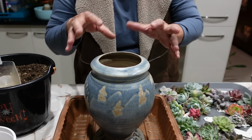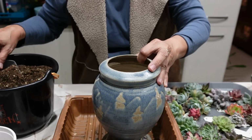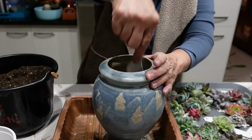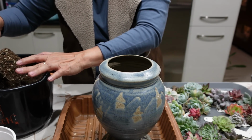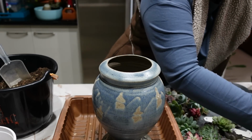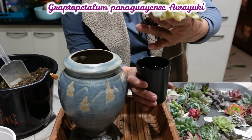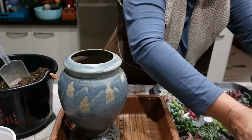So now I've got, so this pot also got holes in it. Oh, you can't see. So anyway, I'm gonna put some soil in. The roots are not really that deep or that long. Anyway, okay, let's go check it out. So it's only shallow rooted, and so I can afford to put a bit more